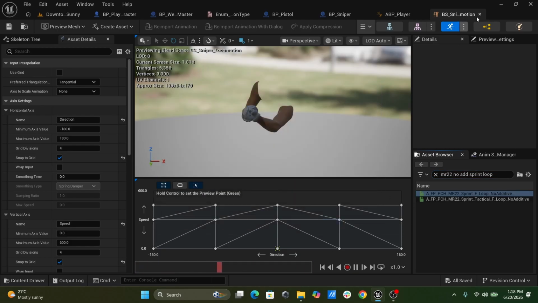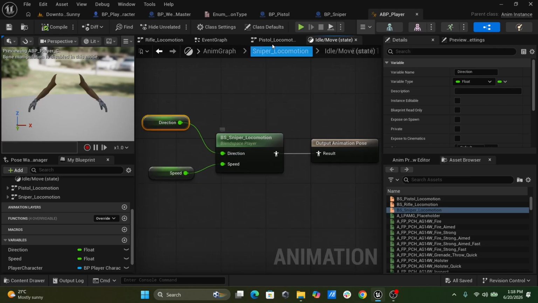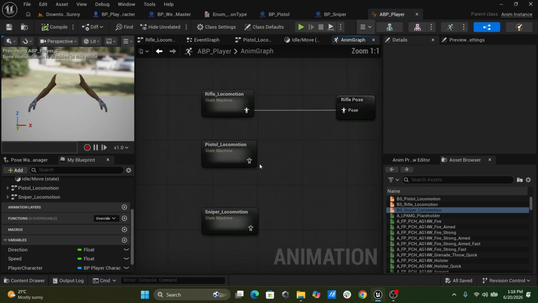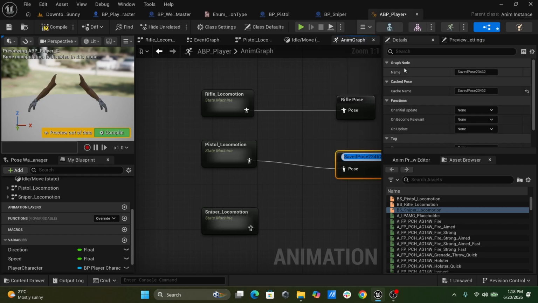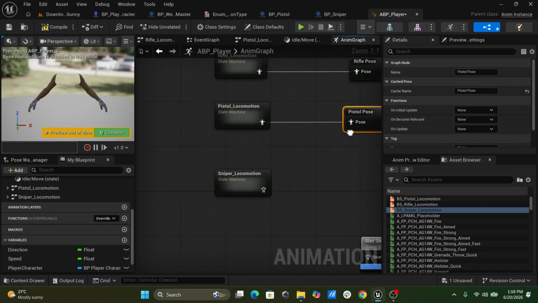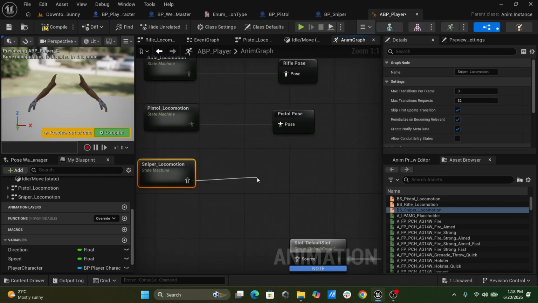all right, we have got this blend space updated as well. Now come to the anim graph again. So we need to save cached pose again. This is pistol pose. And for sniper,